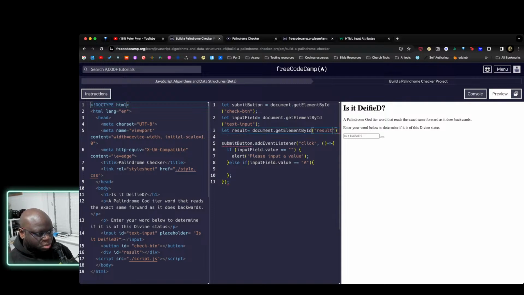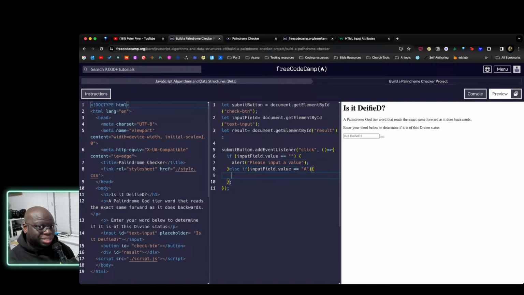So essentially what I'm doing is I am now bringing in a handler for the result field. I think I can just do inner text. Is it inner text? Yeah. So I think I can then just go result inner text is equal to a string that says